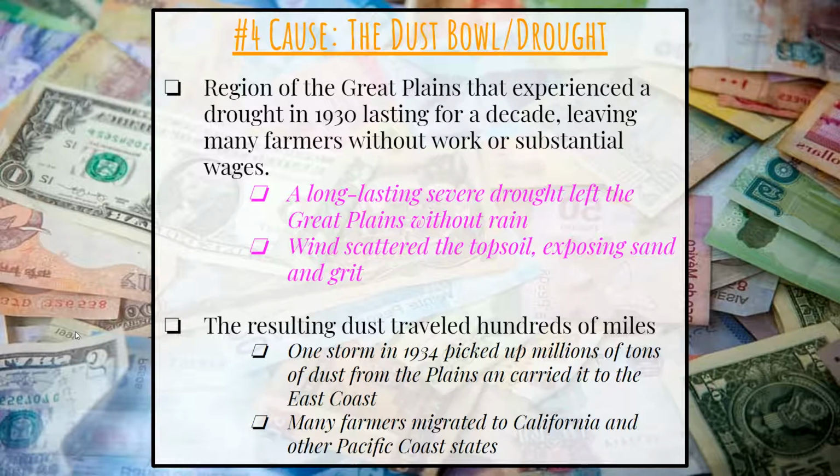So farmers, because they kept over plowing and trying to use crops, and they did it over and over and over, and they didn't go to different areas of their farm. They used the same plot of land. Well, that plot of land is going to lose its nutrients, meaning it's not going to be able to produce agriculture or produce crops, and that soil is not going to be rich. Like when you touch soil and it's been cultivated, it's soft. Well, what happens is it almost comes into dust. And think about the Wizard of Oz